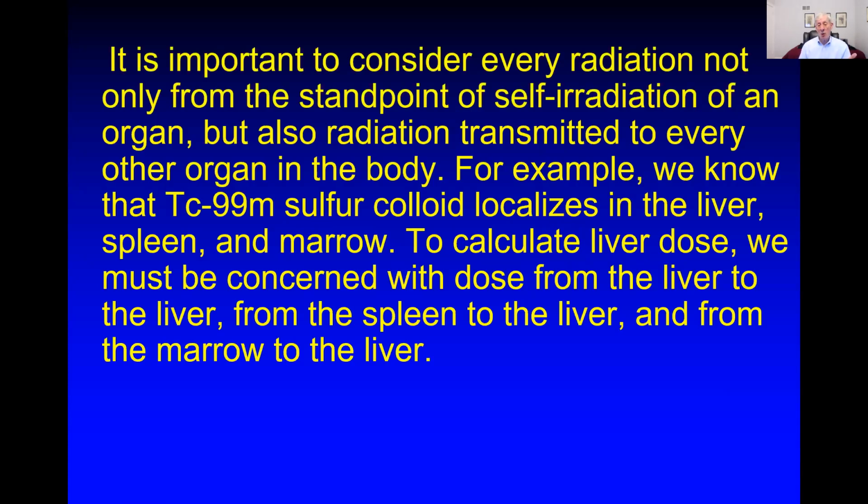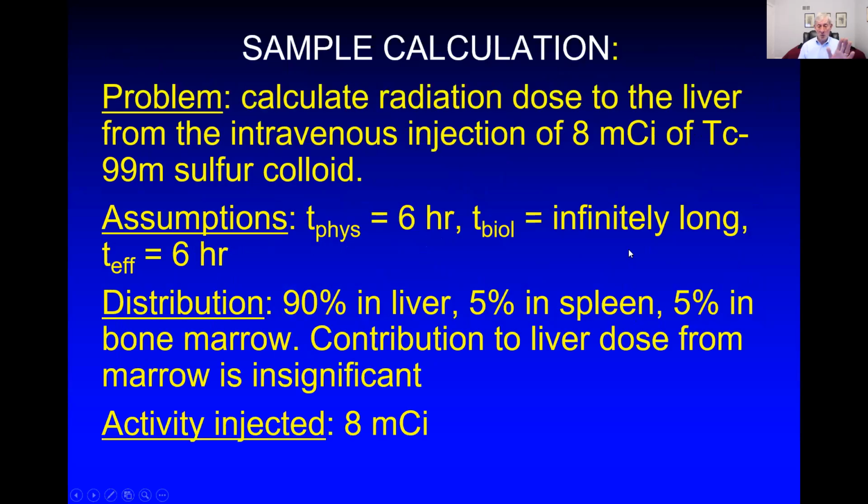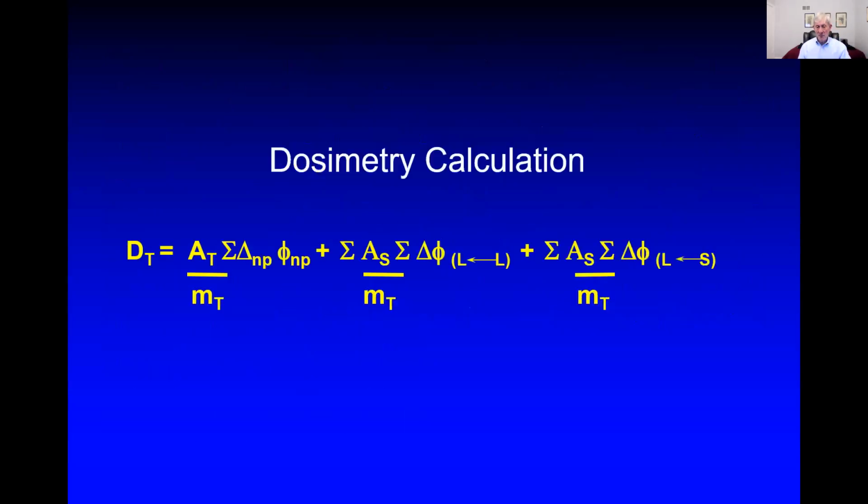So we have to consider all three sources for the one target. And we have chosen the target to be the liver. I'm going to just skip that because I don't think it's too necessary. And take a look at what this equation is telling you. The dose is going to be all the non-penetrating contributions plus the dose from the liver to itself plus the dose from the spleen to itself plus a term that I left out on purpose, which would be from the